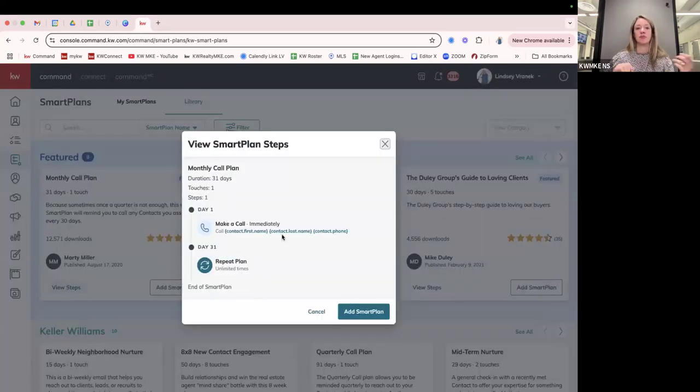So this one, for example, is a monthly call plan, very, very basic. It's just going to be a task to make a phone call to whoever you have set up on the Smart Plan, and then it repeats every 31 days. And so that's just a continuous Smart Plan where you get those tasks to call those people, whoever you have